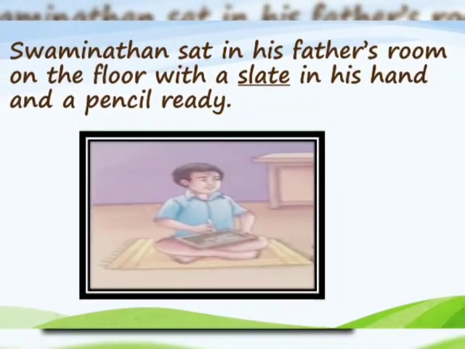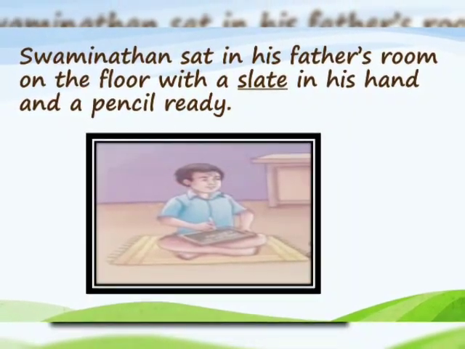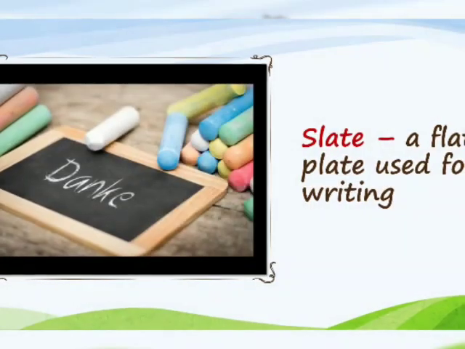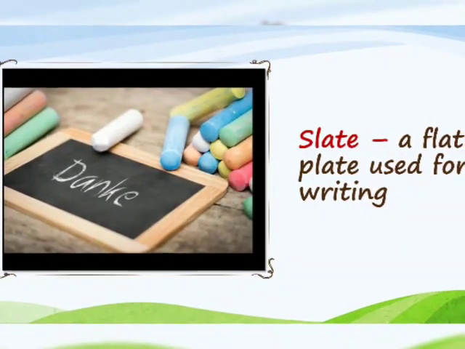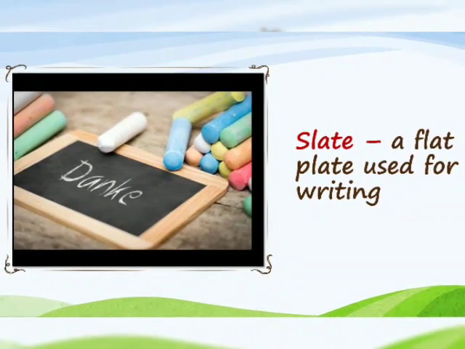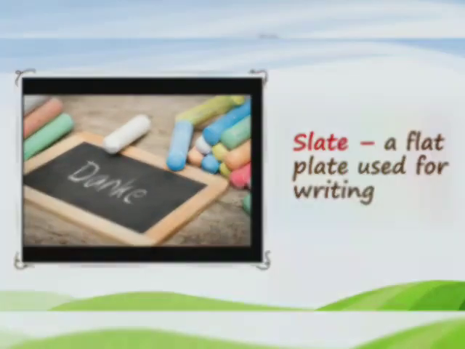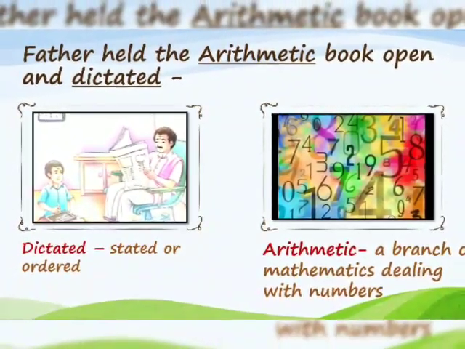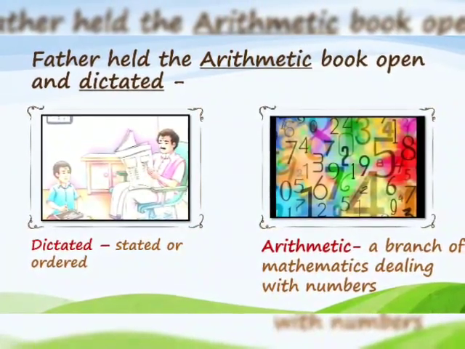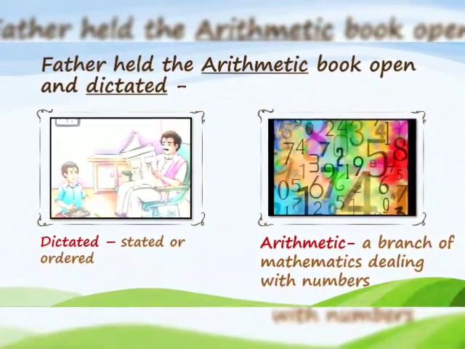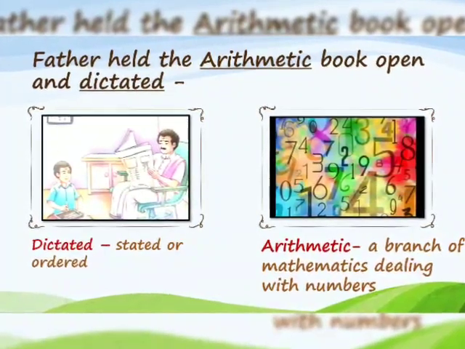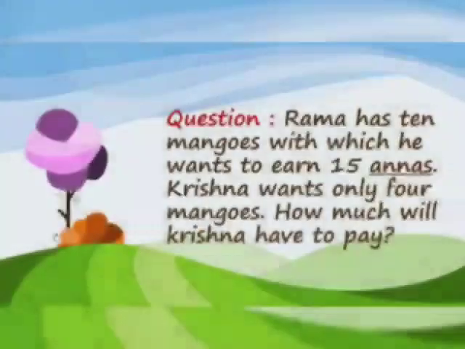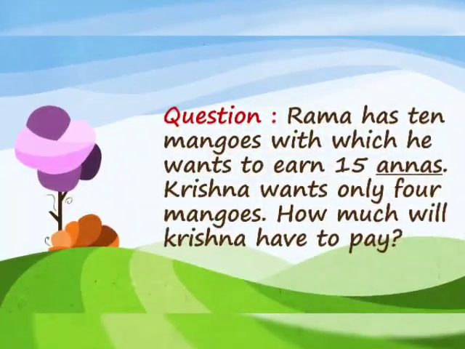Half an hour later, Swaminathan sat in his father's room on the floor with a slate in his hand and a pencil ready. What is slate? A slate is a flat plate used for writing. Father held the arithmetic book open and dictated. You can see in the picture, dictated means stated or ordered, and arithmetic means a branch of mathematics dealing with numbers. Okay? So now you can see father is dictating a question to his son, and the question was,